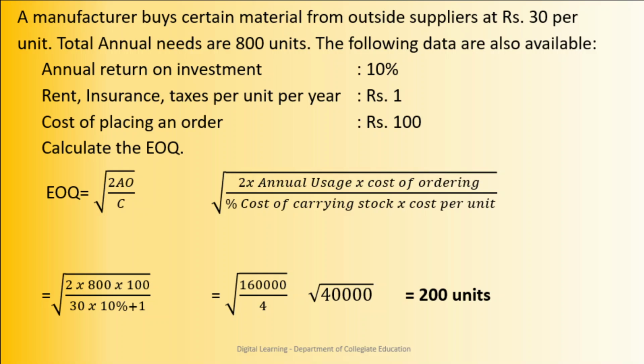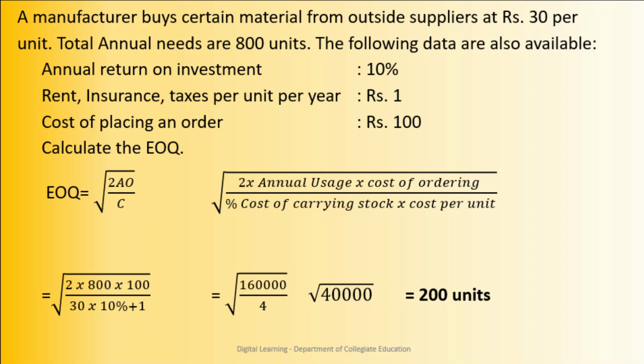The first step is always to state the formula to calculate EOQ, which is EOQ equal to square root of 2AO divided by C. When further simplified, it is root of 2 into annual usage into cost of ordering divided by percentage cost of carrying stock into cost per unit. When I substitute the values into the formula, you get square root of 2 into 800 units into rupees 100 divided by